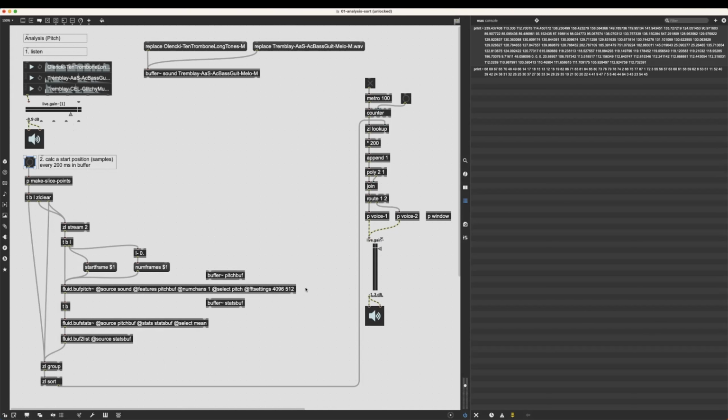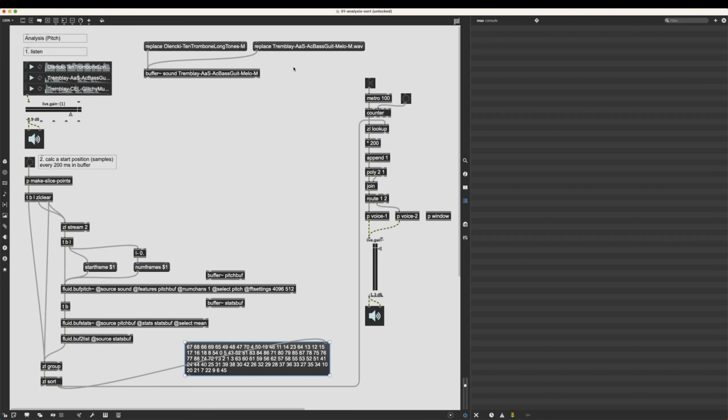Do the analysis. So here's our new order. And then if I play this back,